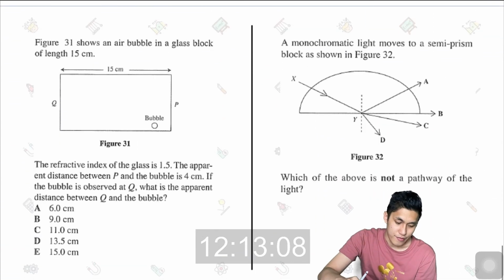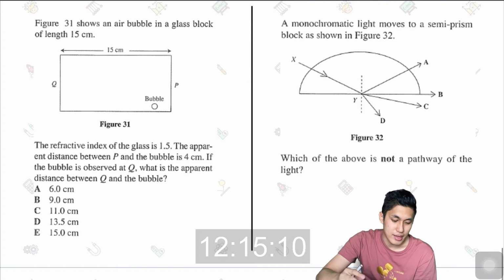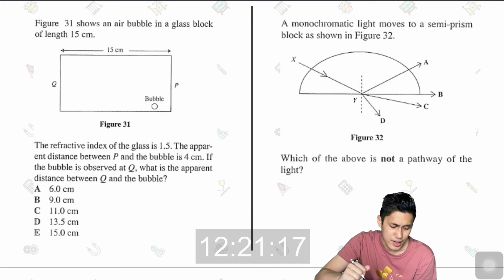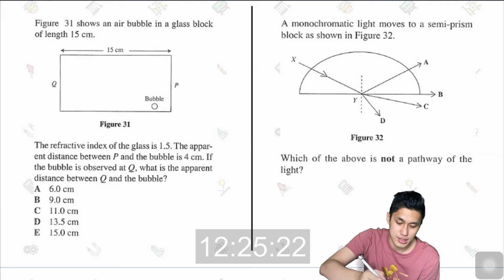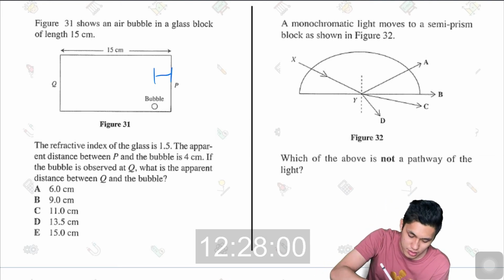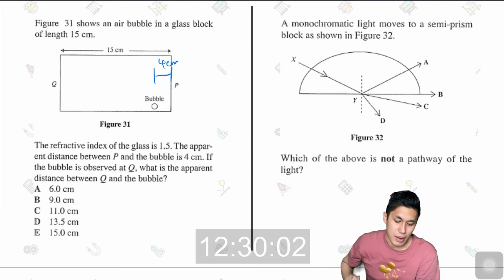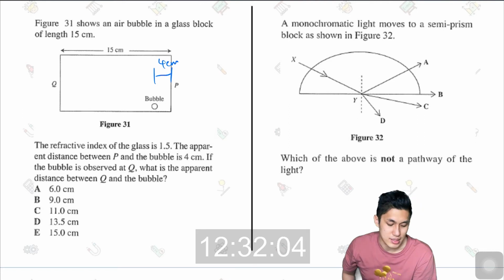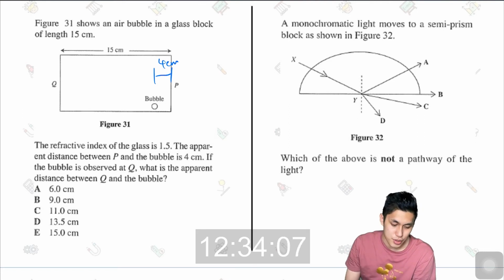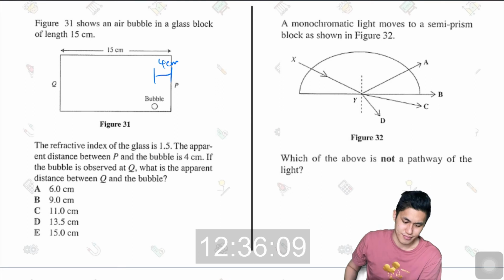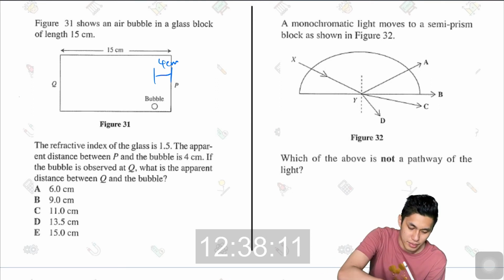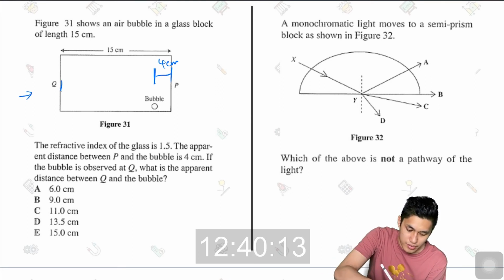Okay, figure 31 shows an air bubble in a glass block of length 15 cm. The refractive index of the glass is 1.5. The apparent distance between P and the bubble is 4 cm. So here and here is 4 cm. If the bubble is observed at Q, what is the apparent distance between Q and the bubble? So if the bubble is looked at from here, okay? Alright, so